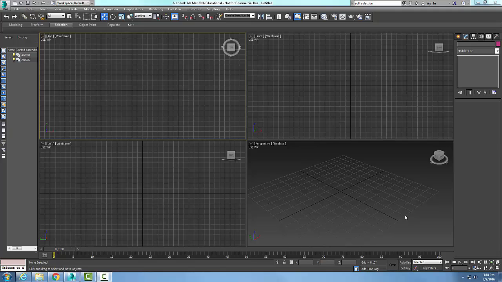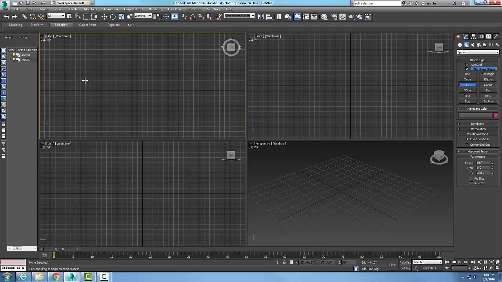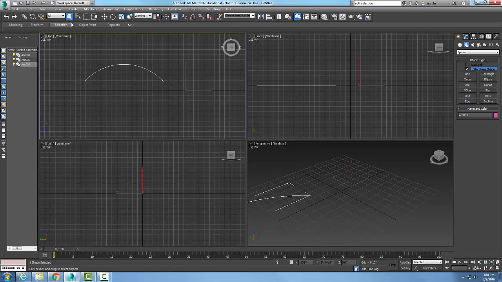Editable spline, geometry rollout, create line. Let's come up here and create an arc spline. I'm going to pick and create the height of the arc. And now I'm going to select the arc, right click, and convert it to